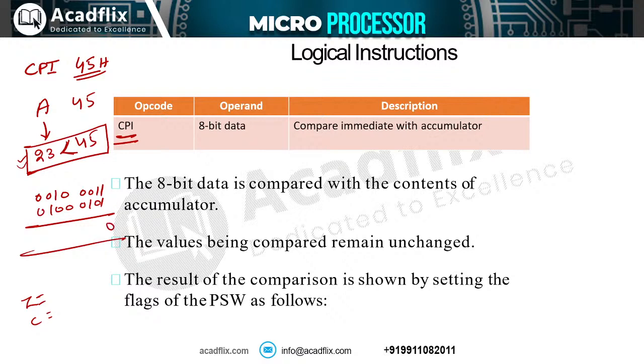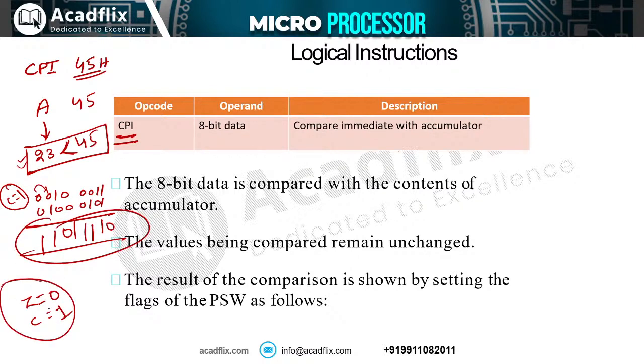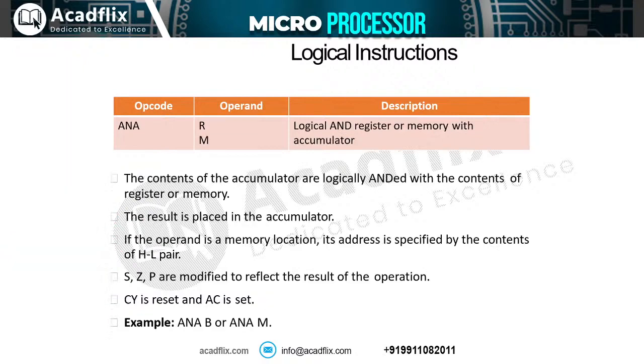For example, 1 minus 1 is 0, 1 minus 0 is 1, 0 minus 1 we cannot do, so we have to take a borrow. 10 minus 1 is 1. We have to take a borrow from here, so this will travel like this. So 1 minus 0 is 1 and 1. You will get this answer. So the zero flag will be reset and the carry flag will be set. If the carry flag is set, we know that A is less than B, right? So internally the compare instruction calls the subtraction operation.